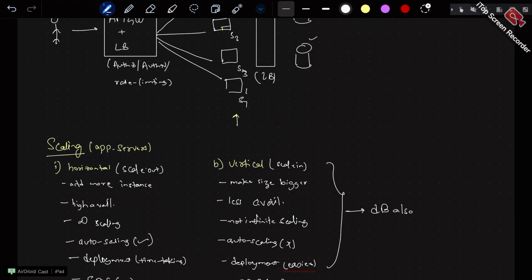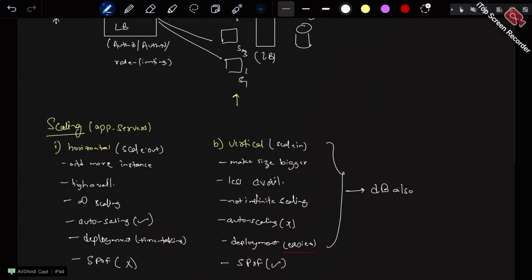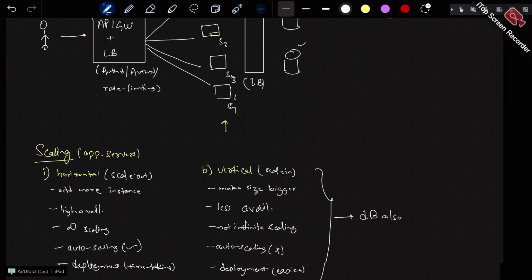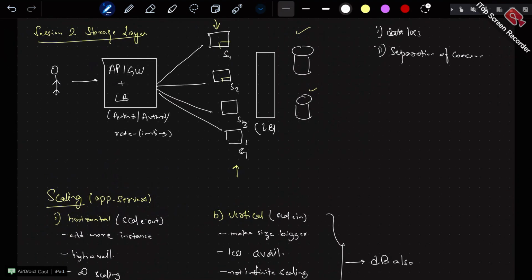So databases also expand in the same way, horizontal and vertical. Now over here, we are not concerned about SQL, NoSQL, anything of that sort. We are just talking about generic databases, the data store or storage layer. They have different terminologies associated with that, which we will cover after some time. For now, just remember your databases should scale, because if your application servers scale out, your data will become a bottleneck at some point. So you have to take care of scaling the databases also.